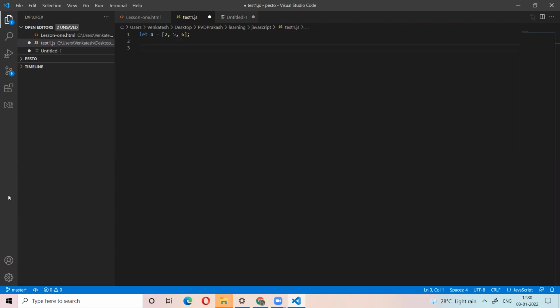I want to add the number 8 at the end of the array. What will you people do actually? Push. And what is the value of a? 2, 5, 6, 8.